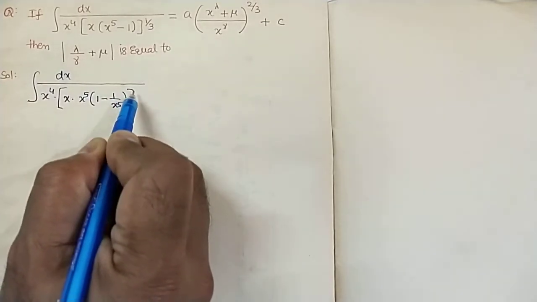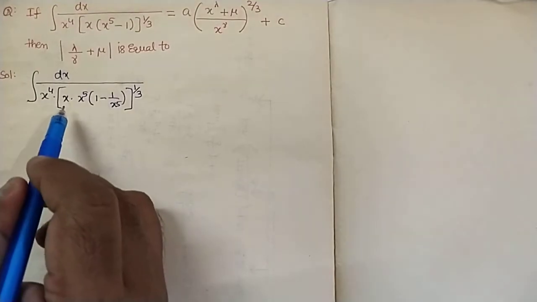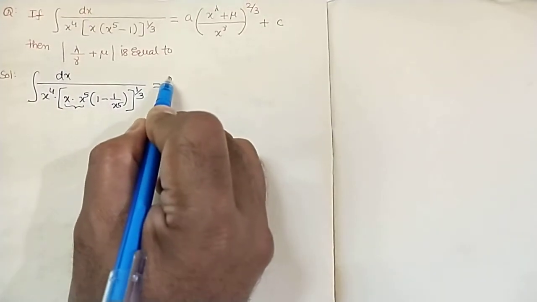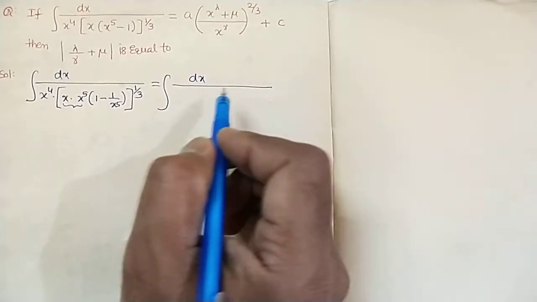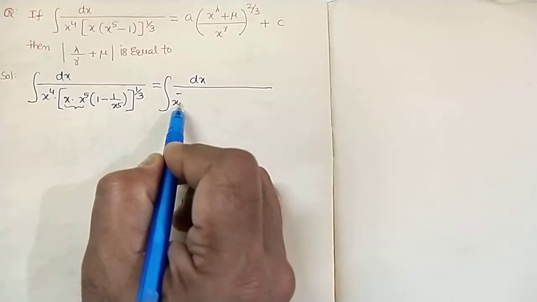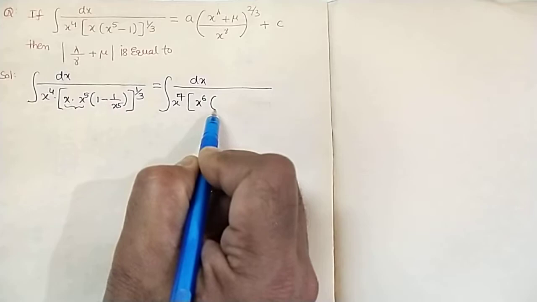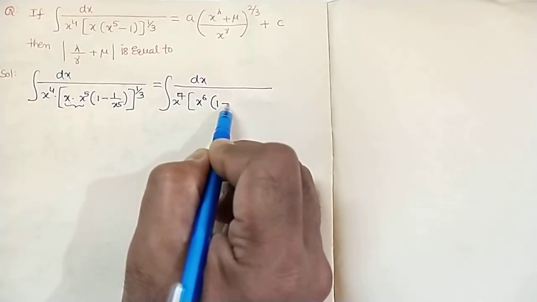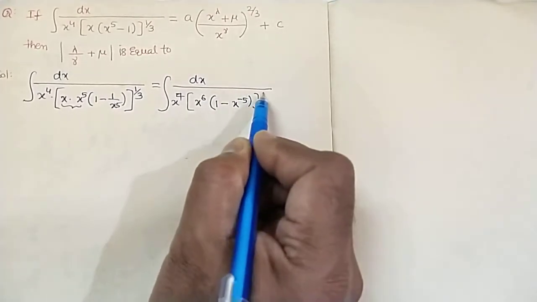As usual, you have to keep the bracket whole power 1 by 3. Now x power 5 into x power 1, which gives x power 6. So the integral is dx by x power 4 into x power 6...